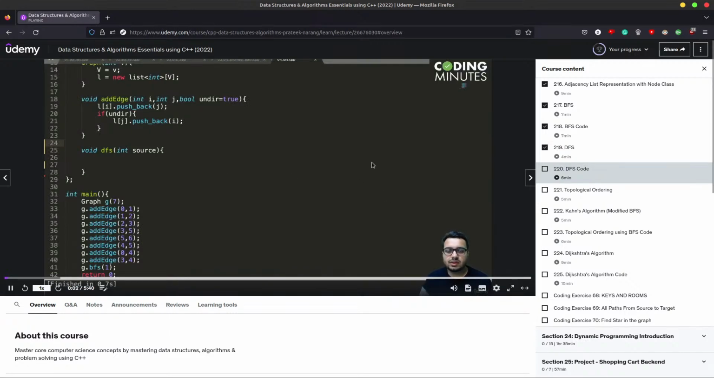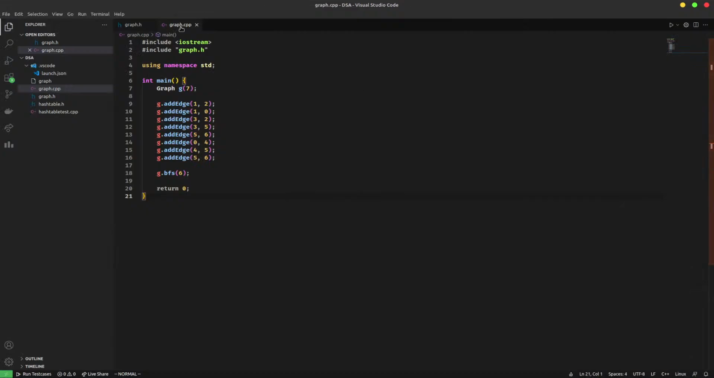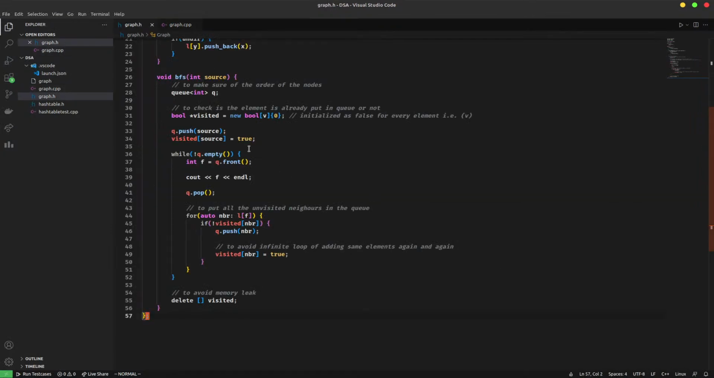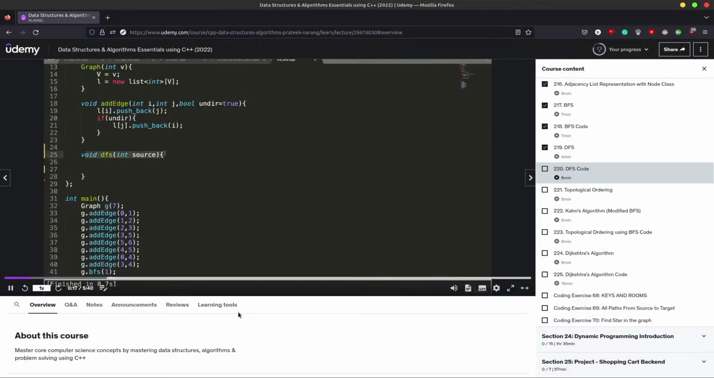Hi everyone, so now let us talk about how we can implement the depth first search algorithm on the graph. We are using the same graph as BFS, and now we are going to write the code for DFS. So this is the DFS function that I want to complete. I'm getting